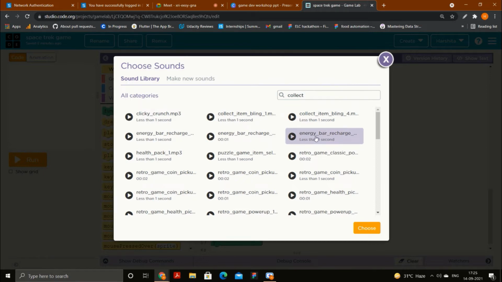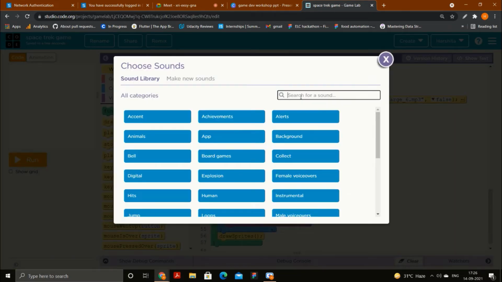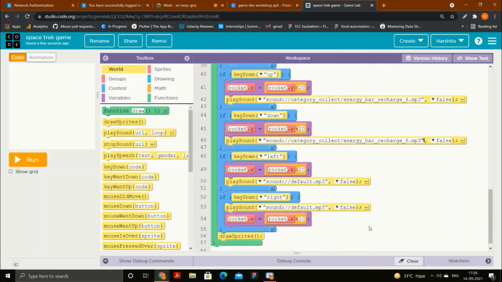It's your choice. You can add any sound that you want. I will select this one, and I will click on choose. Similarly, I need to choose for all of them. You can choose a different sound as well. For the second time, you can choose a different sound. It's not mandatory to choose the same sound, but I will choose the same sound.